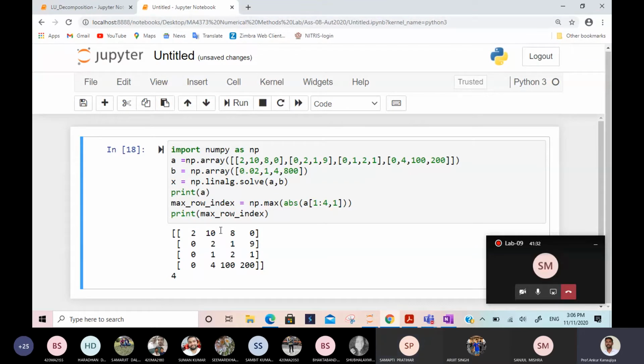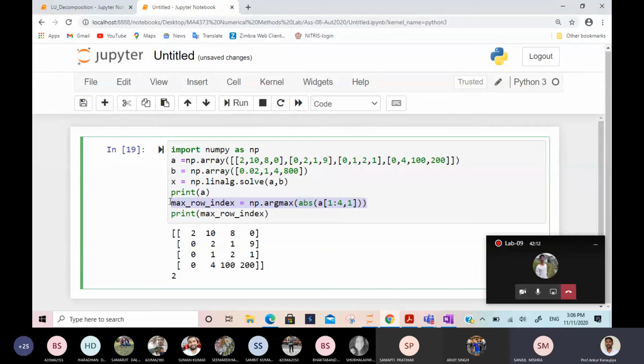That means this column. So like that, if this is the diagonal entry, it will start from the diagonal and go up to the last. Here also it will start from the diagonal, the second, and go up to the last. And if we want the index, just write arg, it will give the index. So does anyone have any doubt how to find the maximum entry? For that you have to write this line only. This line is sufficient, it will give the entry. Till now no row interchange. After that, we will see how to interchange the row, then I will add those 2 lines in the LU decomposition or Jordan, and then we are done.